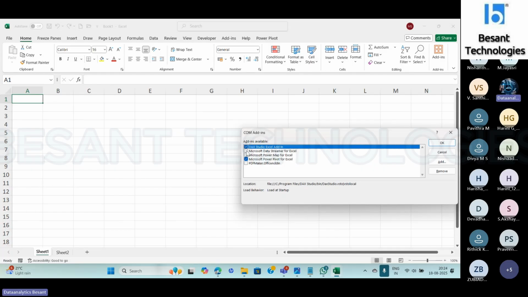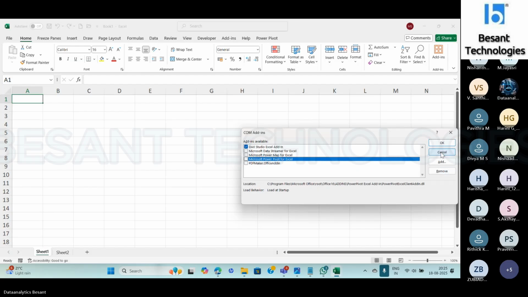This was also, maybe the ones which you're looking for, it's available here. Select that, go ahead. That's it. And just say add or okay, job is done. COM is Component Object Model add-ins. Say, suppose I remove this and I say okay,